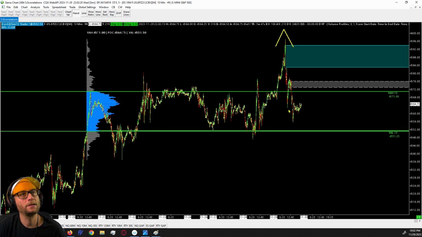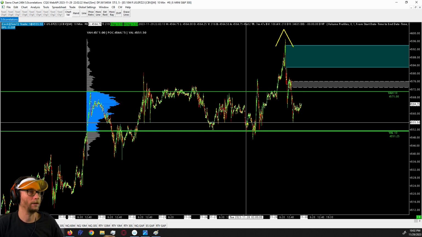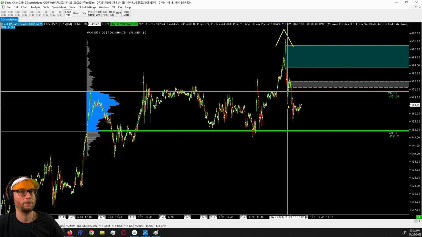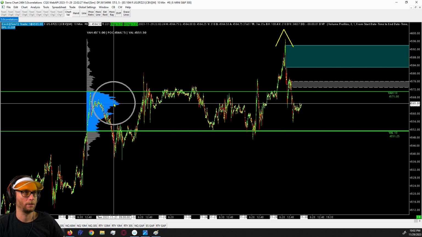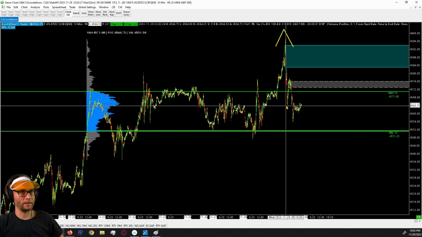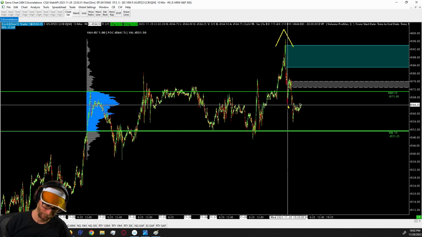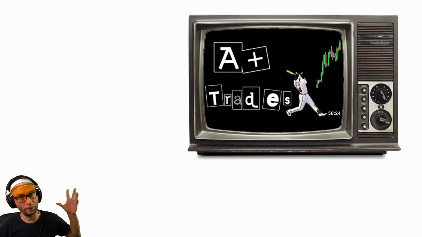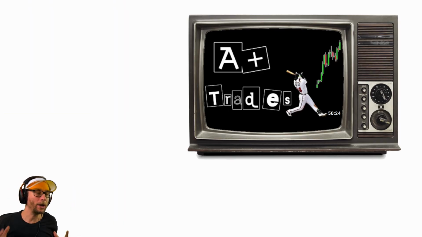So it pulls back to the POC, really to the tick, almost. I mean, it breaches it ever so slightly. Because this is what the curve looked like at the time of this push down. That's a mid-roll. In the A+ video, I talk about that very thing. And here we are seeing it again.